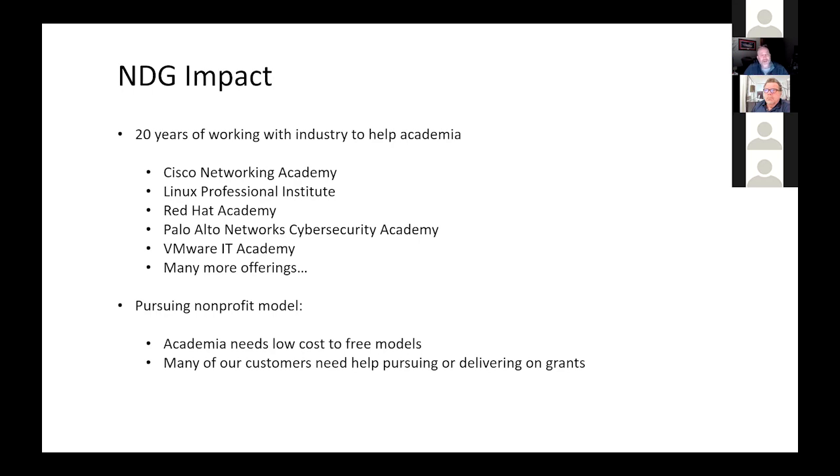VMware IT Academy, I like this program a lot, and I'll tell you why. It helps a lot of universities we work with. One of the slides I have is a research university we're working with. They're doing high-speed networks. You might have seen it if you went to the WASTC conference that Karen and Richard run. The professor was there on high-speed networks. He's using VMware to be able to run virtual machines and then do testing on high-speed networks. VMware's vSphere hypervisor is very advanced, and the fact that they give that hypervisor to schools around the world, that's a pretty big deal. I really like their program for that alone.